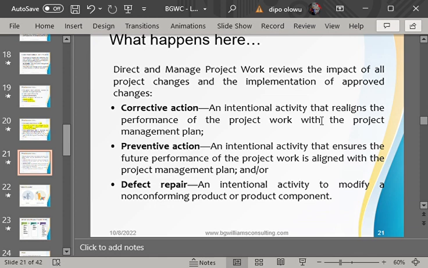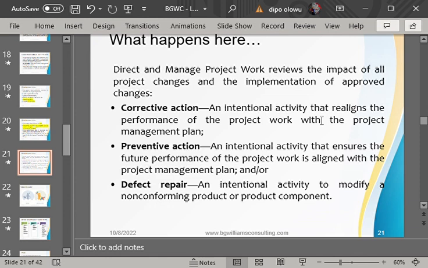And because he was the one that discovered the error, because the error is not in line with the plan, he's recommending you rework it, you do it all over again. That becomes a defect repair, which means a defect has been discovered by the customer and he is asking you to repair that defect. All right. And I said that the other word for defect repair is simply what? Rework.